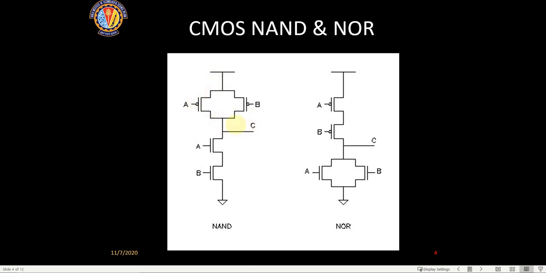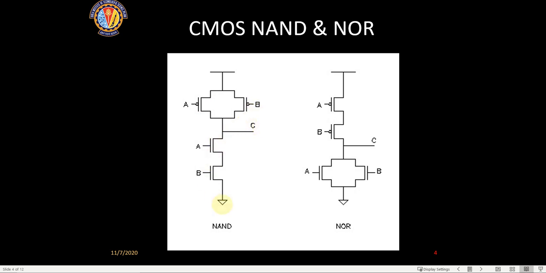In the same way, if B is equal to 1 and A equal to 0, this will be on but this will be off, but since A is 0 there will be a path available here. Only in the fourth condition, where both A and B are 1, both of these will be on and both PMOS will be off, so C will be grounded.